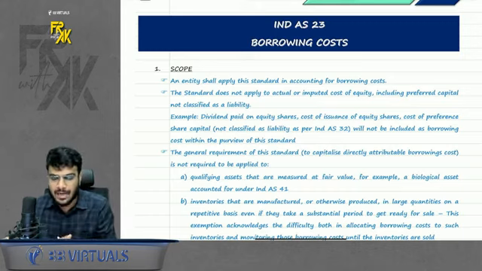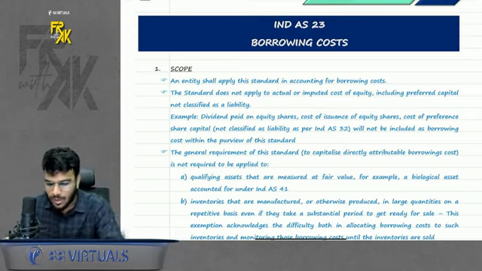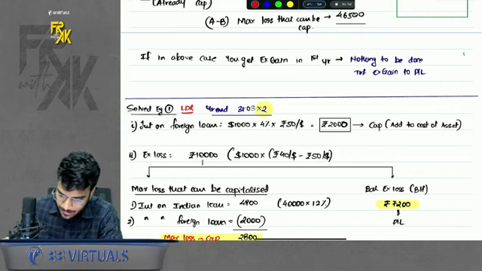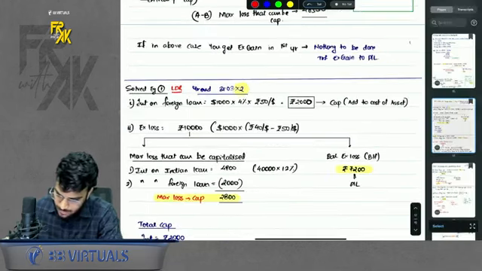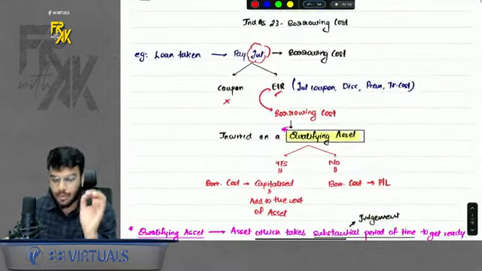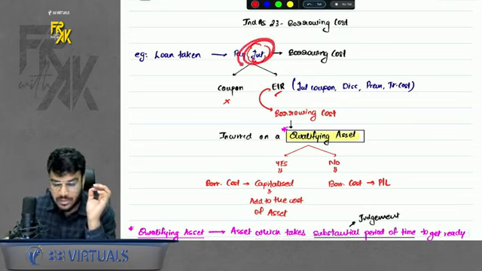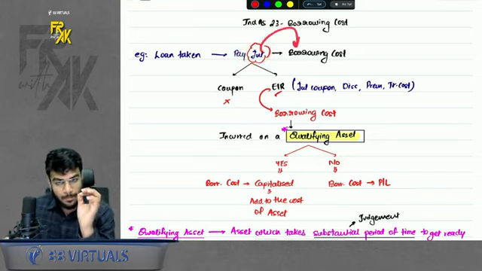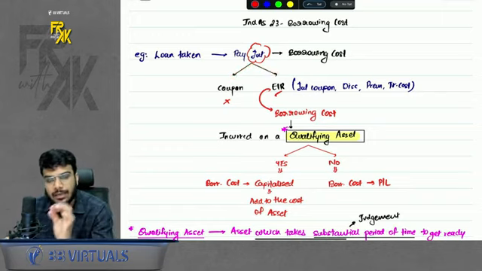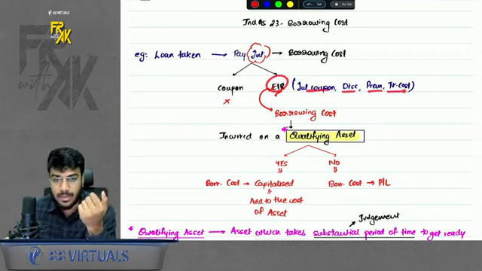Okay, so on that note, let's start a very quick revision of Ind AS 23 in 100% English in 3, 2, 1 and go. First of all, what is the meaning of borrowing cost? In case you remember, I made you write it in your notes. Whatever loan you take, you pay interest on it. And that interest you are paying is known as borrowing cost. Now interest can be of two types. It can be a coupon interest, it can be an EIR interest. In Ind AS 109, we have studied what is EIR interest: a combination of coupon, discount, premium, transaction cost.